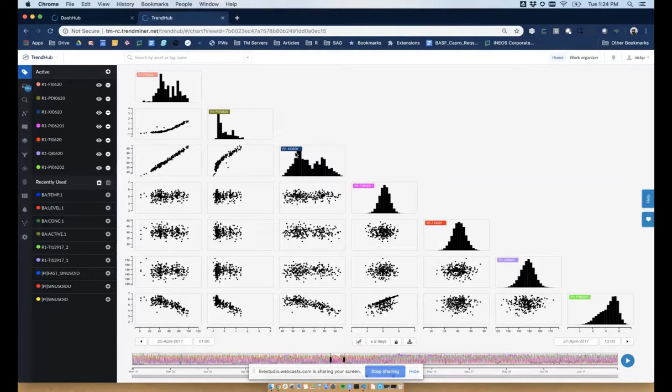So for example, I could see here that on the XI0620 tag, that's the valve output on the discharge of the pump, I can see that maybe we were operating in 2 regimes here because I have a bimodal distribution. But what I'm really looking for is a nice correlation that makes sense to me as a subject matter expert. And what jumps out at me the most is the relationship I see here in the top left corner of the screen, and that's the relationship between the flow tag and the differential pressure across the filter.